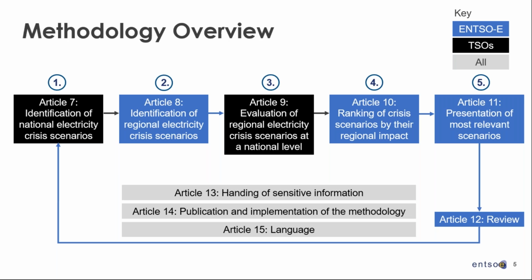And then finally, we come to Article 10, which is the ranking of those crisis scenarios in terms of their severity or impact, and then we will submit the most relevant scenarios to the ECG. So if you'd like to go on to the next slide, then